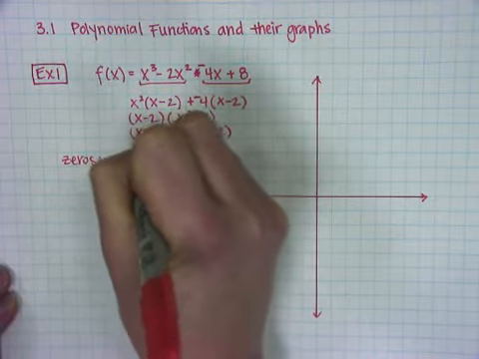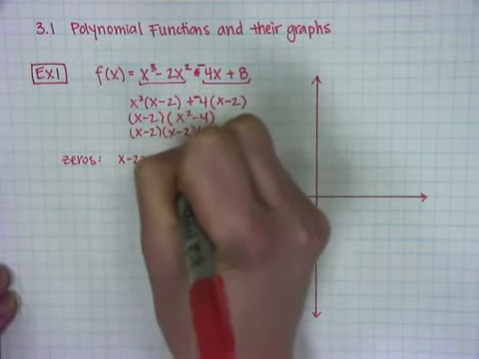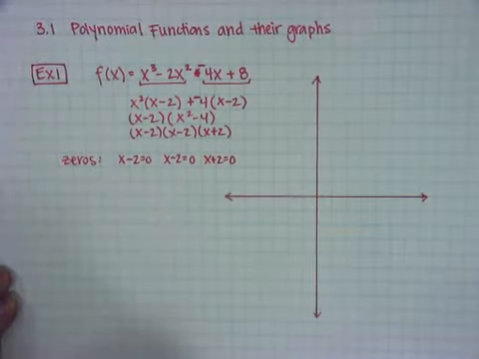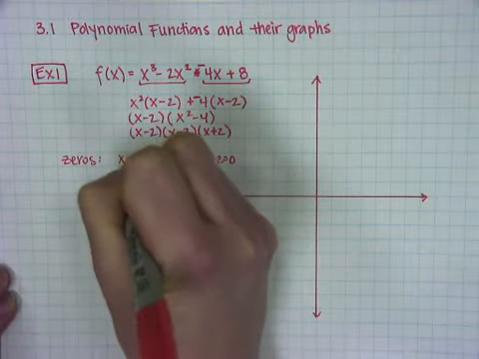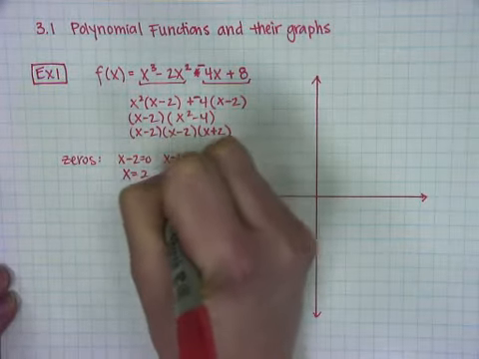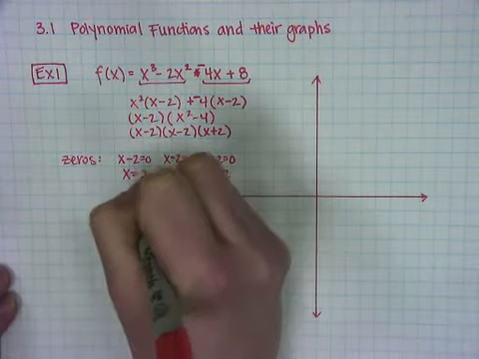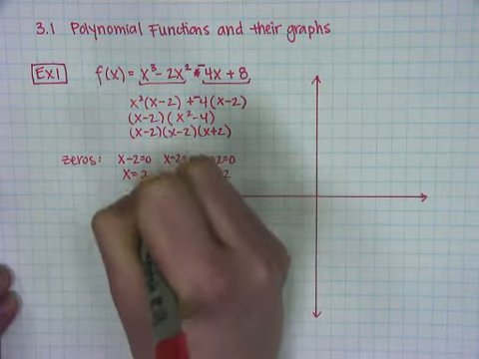Now if I want to get my zeros, I set each factor equal to 0. So I'm going to say x minus 2 equals 0, x minus 2 equals 0, and x plus 2 equals 0, and I'm going to solve. So here I get x equals 2, x equals 2, and x equals negative 2. Notice that this 0 is repeated,